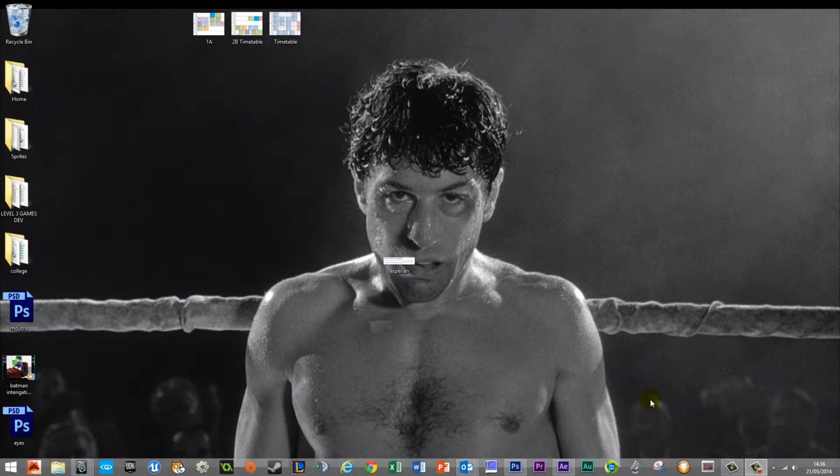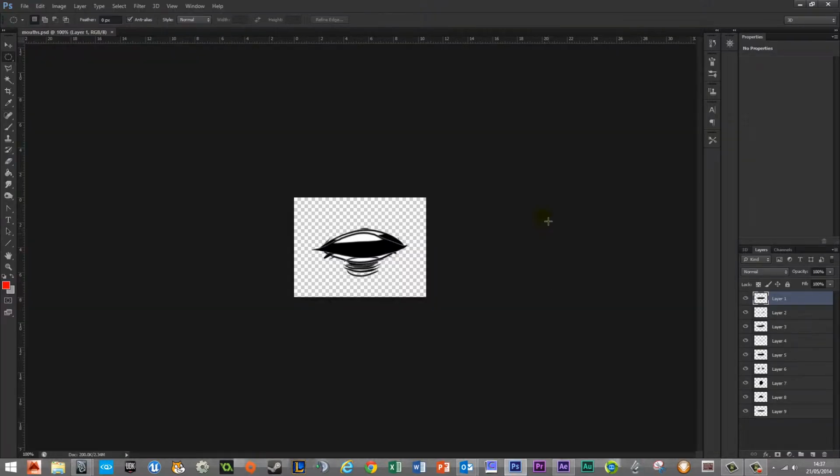Okay, so in this video I'm going to show you how to set up mouth layers in Photoshop, import them into After Effects, and then set up a slider control that's going to control the mouth movements for your animation. Now, just to save time, I've actually created my mouths already in Photoshop and I've put them in separate